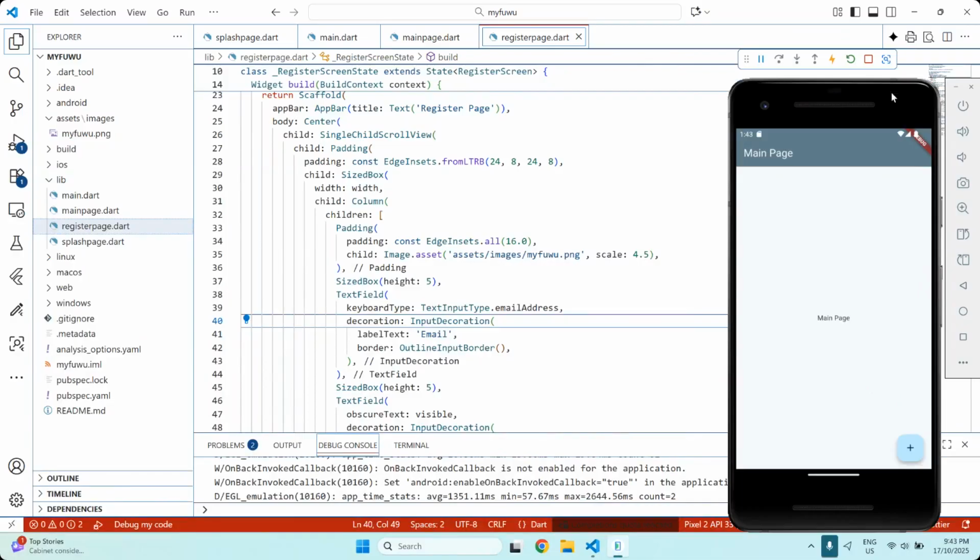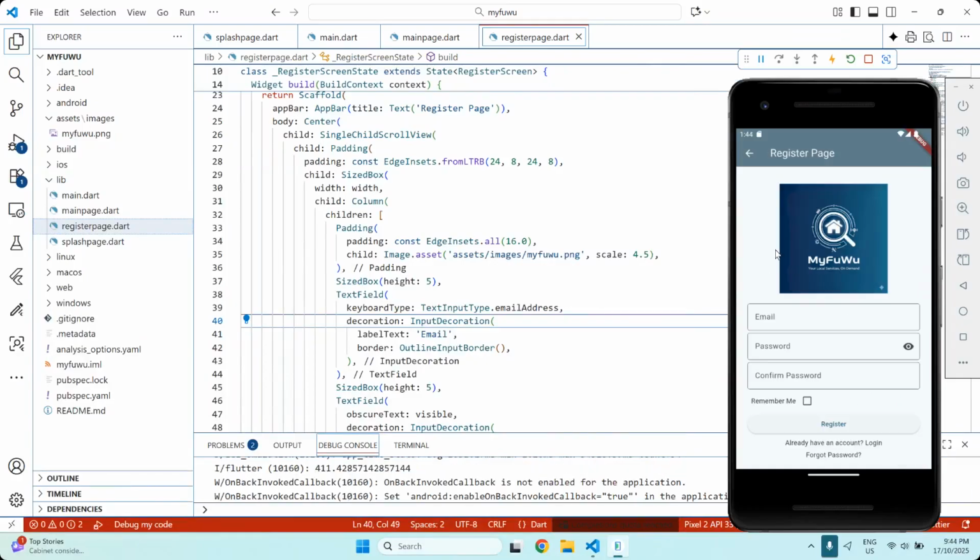Okay, so we're going to continue with our MyFuWu application. From your previous class, the applications basically stop at the registration page, and this page